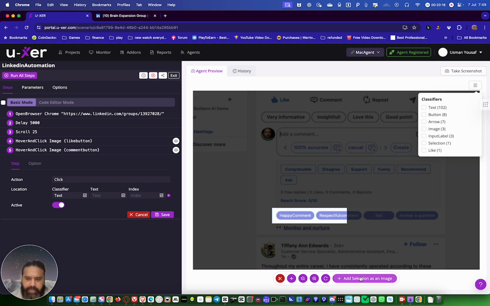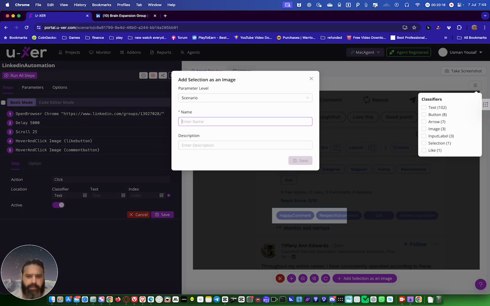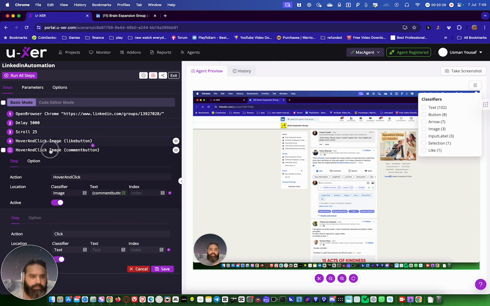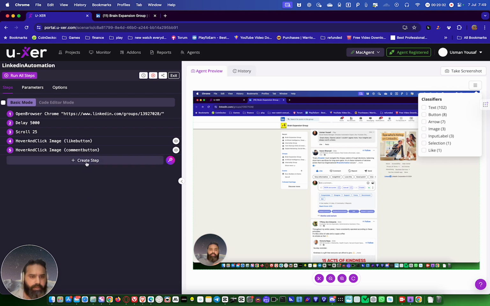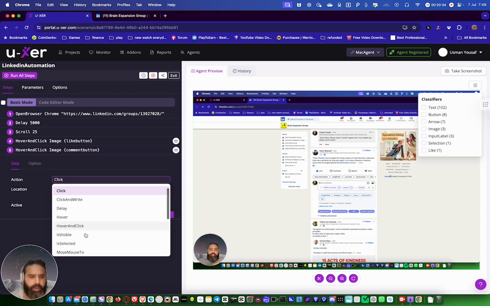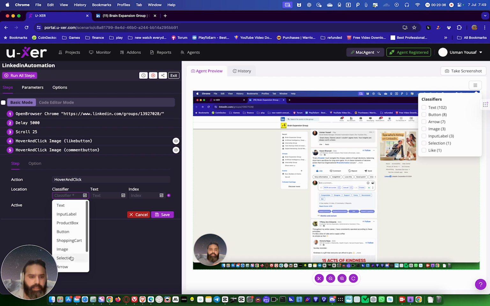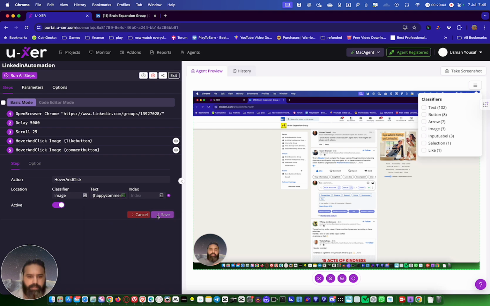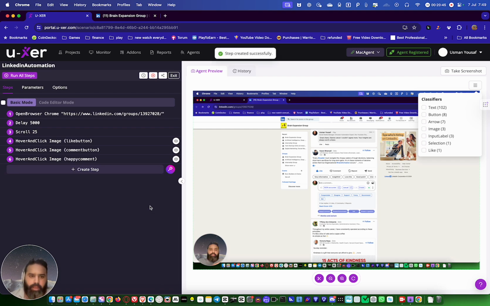And then add selection as an image. Save happy comment. Save. Okay. So here the option is create new step. Hover and click image, happy comment and save. Now let's run this scenario for you.